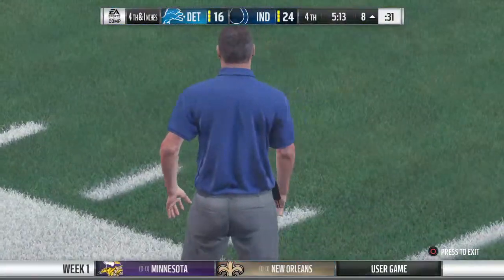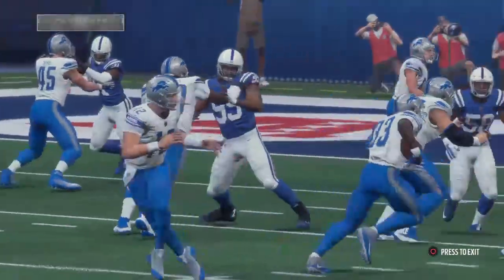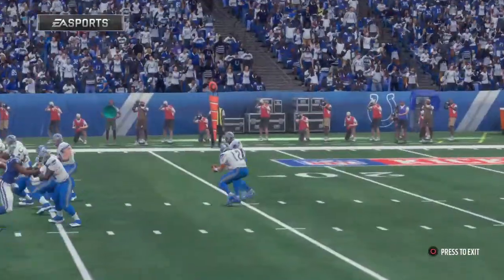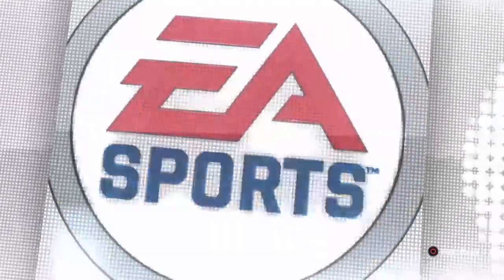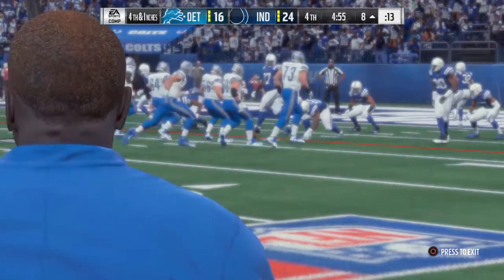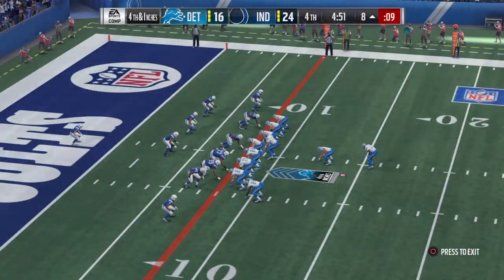Great catch. They tried their best to pick up that 3rd and 1, but their surge wasn't enough to counteract what came back at them from the defensive side, was it? Offensive line, especially in the middle, looked like they were on skates a little bit when that one started. So now we bring up 4th and inches. This would be a critical call. One score down. Here we go. They're going to go for it here on 4th down. Let's go. Green